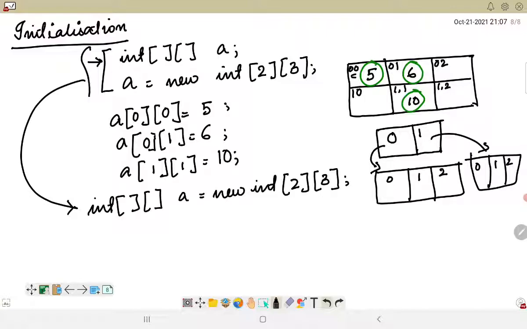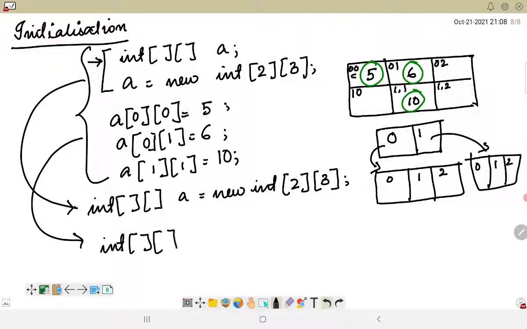Again, all of this can be written in a single line if we want to declare, instantiate and initialize a 2D array. We can simply use a single line, which is int followed by the 2 square brackets a is equal to, then I will simply write down the array elements, which is 5 6 7, then let's say 9 10 and 11.